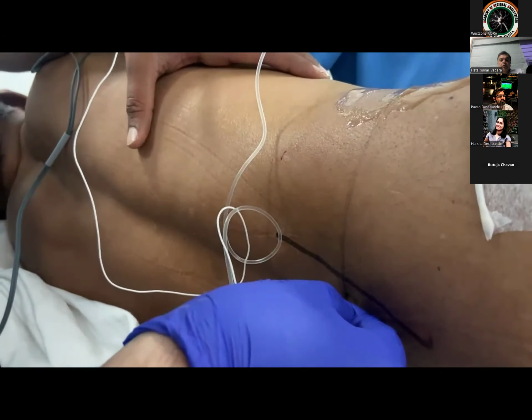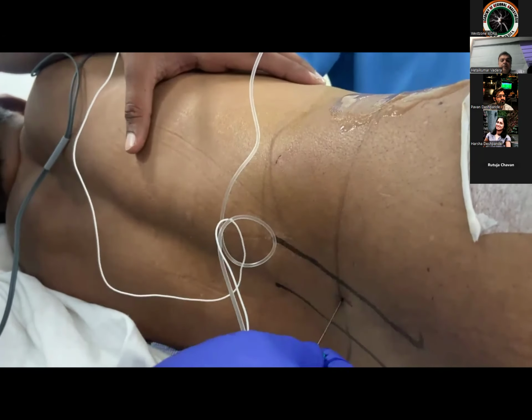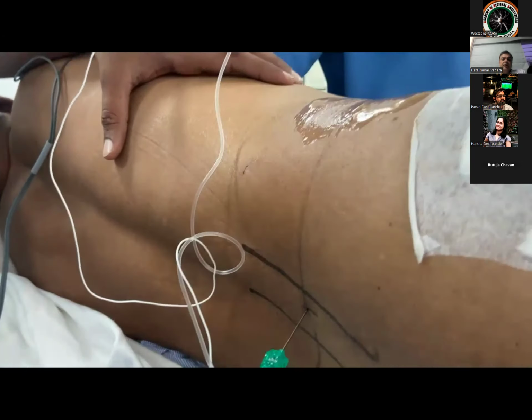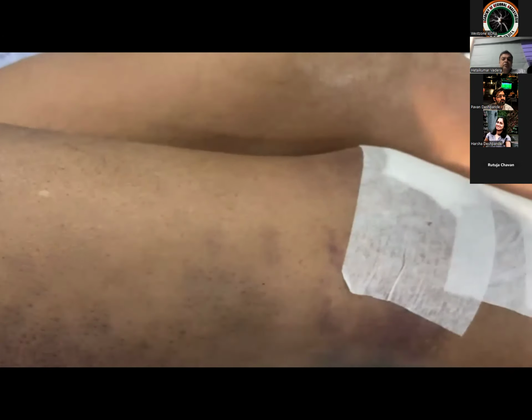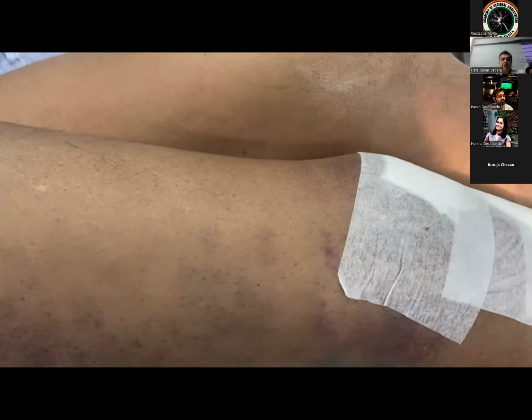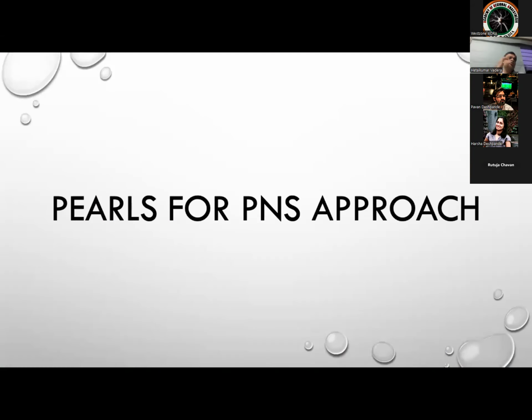You can see I've gone 2 centimeter. I've kept my finger at the 2 centimeter level so that I don't advance the needle too much. You can see the contraction here, and that's where you inject the drug at 0.4 milliamps. But be careful. You should not go below 0.4 milliamps, because if you inject the drug below 0.4 milliamps, there